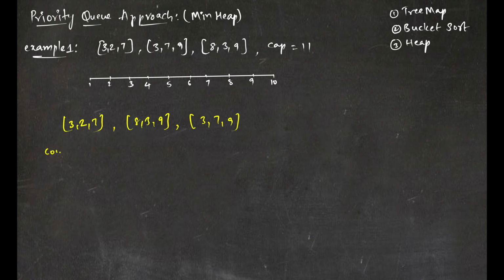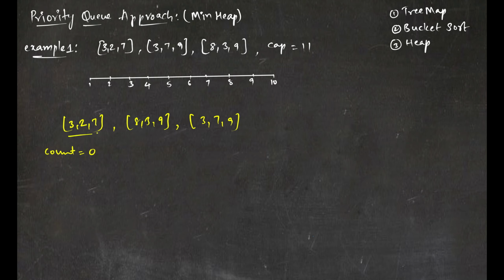And I'll take a count variable to hold the number of passengers my vehicle is currently serving. Initially it will be 0, and I'll have a priority queue to hold all the trips which my vehicle is currently serving. So initially it will be empty, and my priority queue is a min heap that will be sorted by their ending locations. So if at all a trip is ended, I can just take a look at my priority queue and see whether that is ended. So if so, I can just remove it.